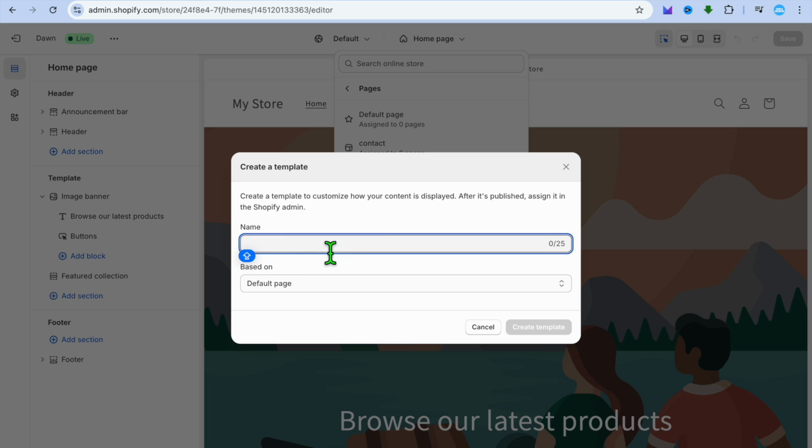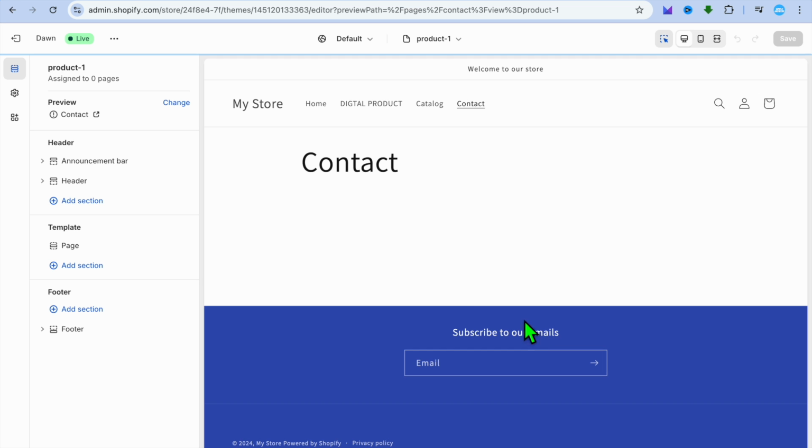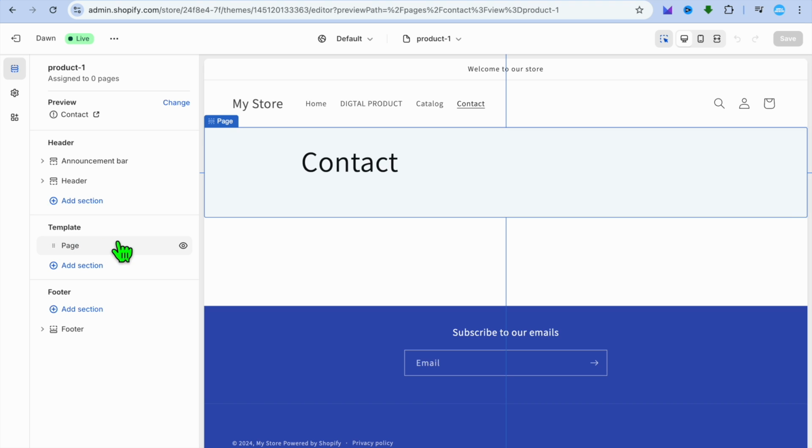After selecting Create Template, from here you could add in your product name. So for example, I'm just going to be calling this product 1, so we could type that in right there. So product number 1, and you're going to tap on Create Template. After selecting Create Template, you can go over to the left hand menu option, and I'm going to be adding